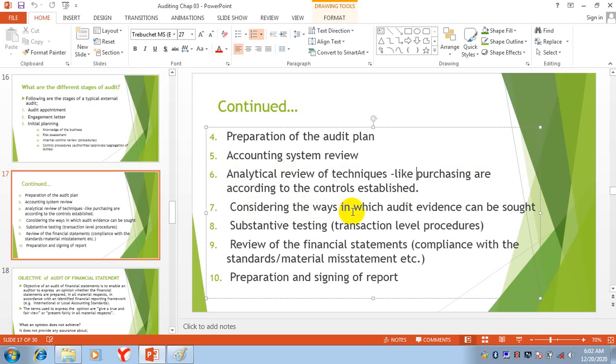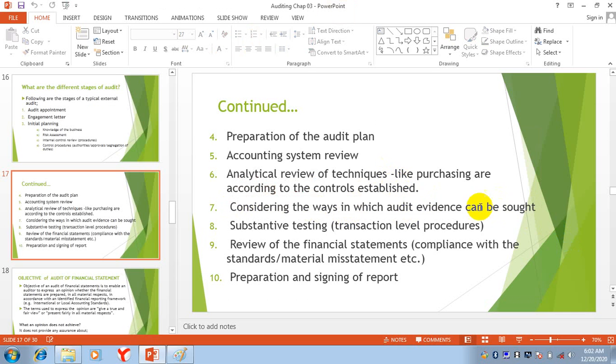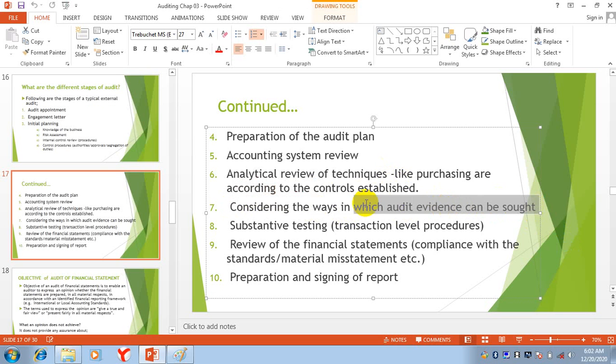Considering the ways in which audit evidence can be sought. Now here in this step, we will check how we will obtain evidence. Evidence means, suppose you are purchasing a land, so for the purchase of land there will be documents of the land and the transfer of ownership.